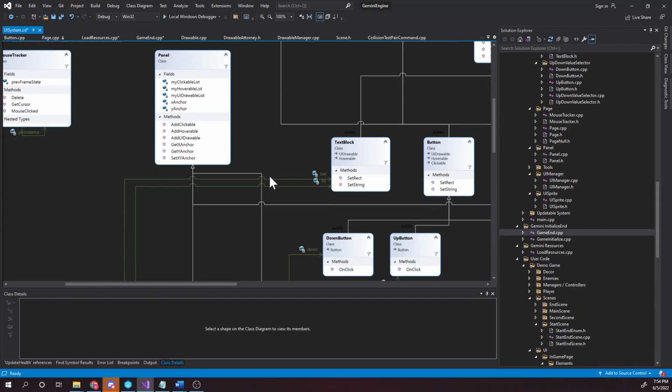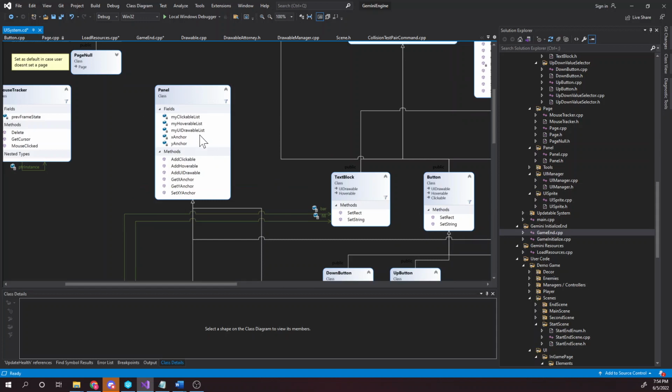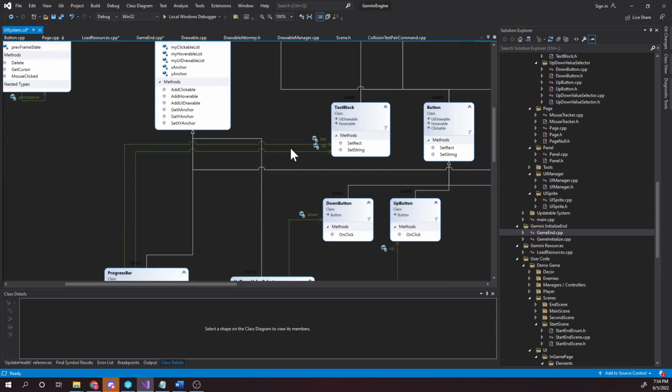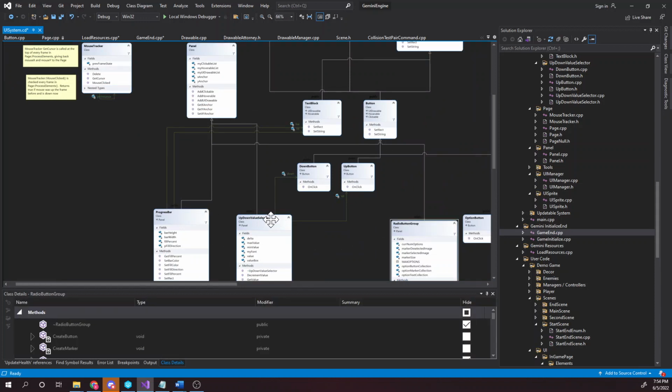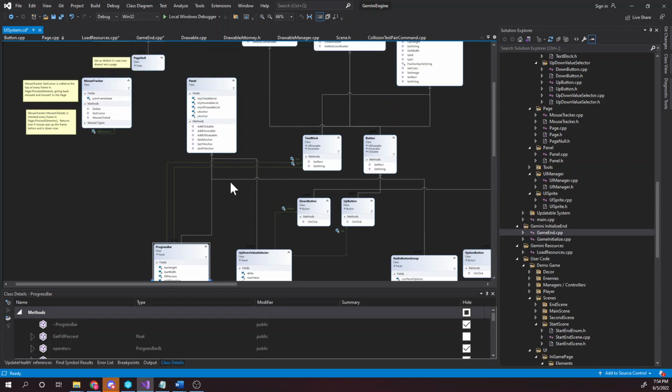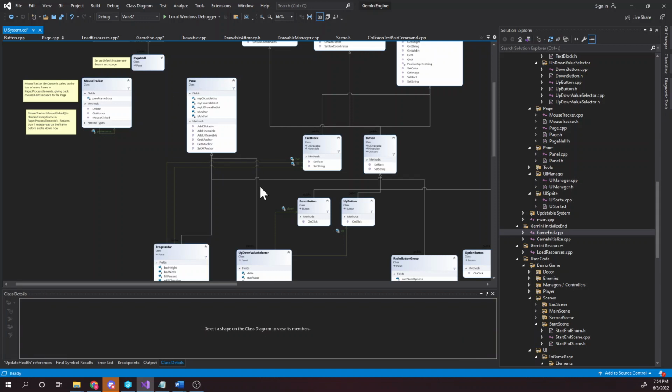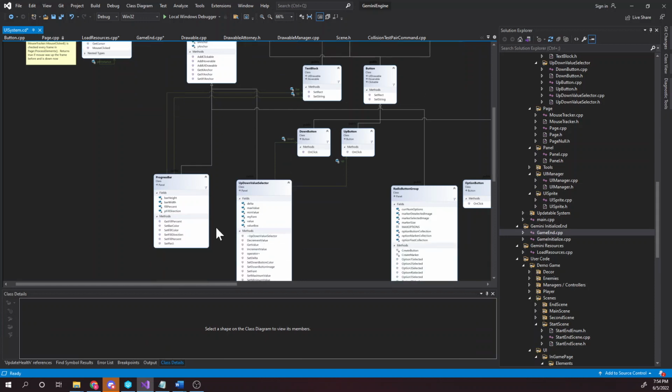So you can also reposition the panel. The panels have an X and Y anchor, and you can change the X and Y anchor, so you can change the whole group of things to different parts of the screen. So there are 3 different engine level panels that are common and useful, but a user could also create their own panel and add it to the page and do whatever they want with it. So I have an example later of a panel that my quote unquote user created, but these 3 panels